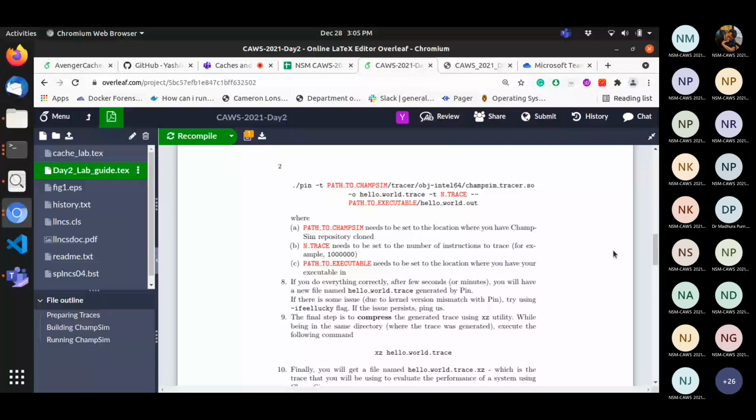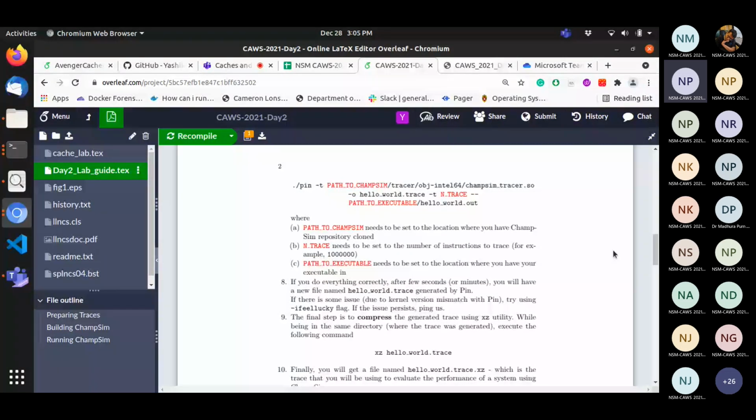For example, for 4 KB, you need to provide 12. For 8 KB, you have to write 13, and so on. In this example, hello world doesn't take any command line arguments, so I didn't write it here. But if your program takes command line arguments, then after your binary, write a space, then write the command line argument in the Pin command itself.